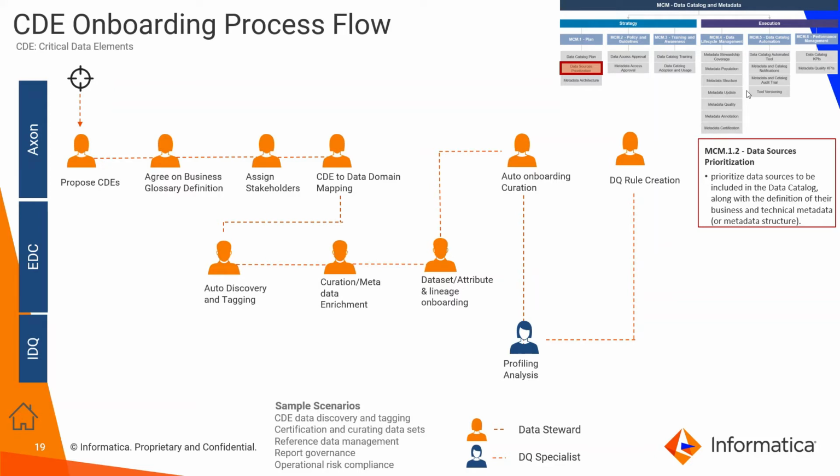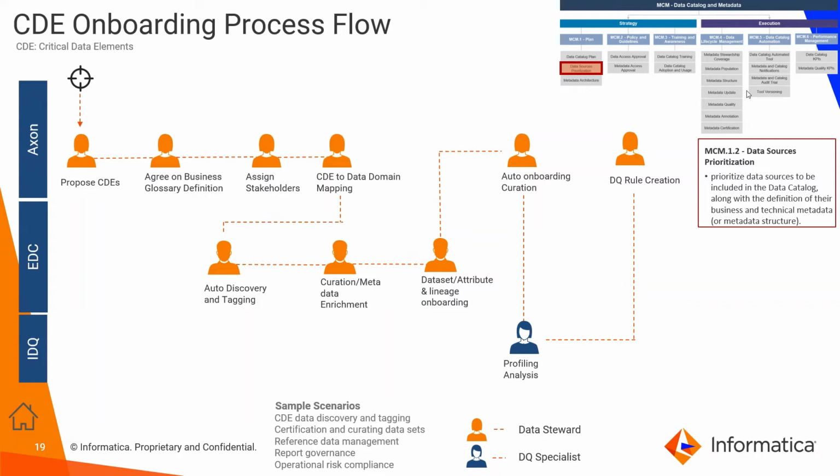It starts with defining what is critical for the organization, what's called the critical data elements. This will be defined as a business glossary in Axon. Then we can assign, of course, the owners and stewards for these glossaries or the critical data elements. And then we can translate the criteria of discovering these critical data elements through maybe specific patterns like credit cards or national IDs, maybe the reference tables or reference sets,